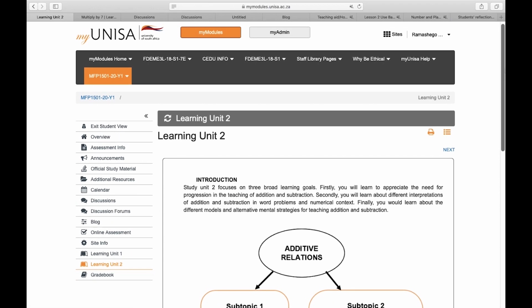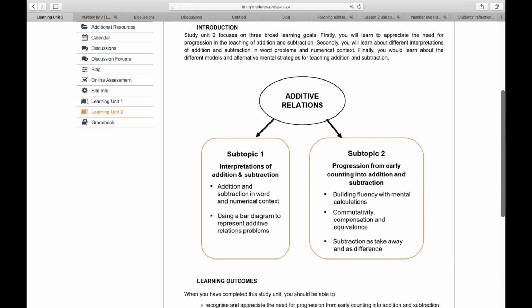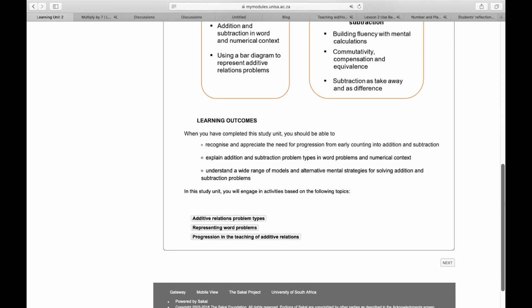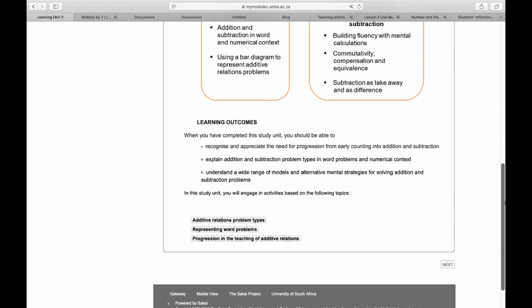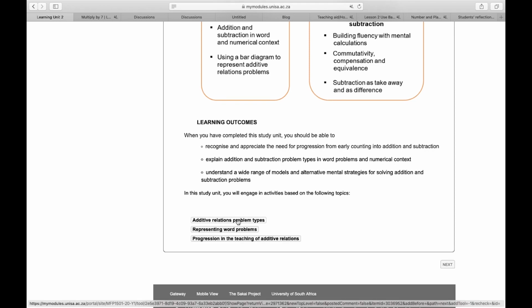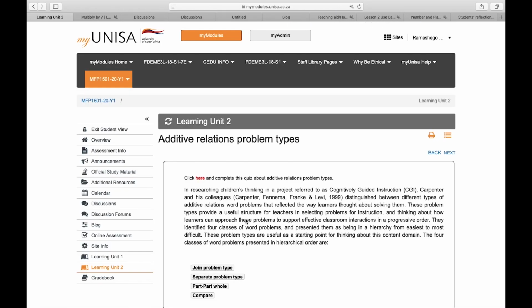So far, we have 3 topics. We're going to follow the same procedure as we did in the Learning Unit 1. We start by clicking here, which is in red, and completing this quiz. Here is the quiz which I created, just to see if you are able to get into the Learning Unit. Remember, with the Learning Unit 1, we started with some info, and then we watched the video. But with Learning Unit 2, we start with a quiz, so that it introduces us to the Learning Unit 2. I just want to see if you are ready now to get into Learning Unit 2